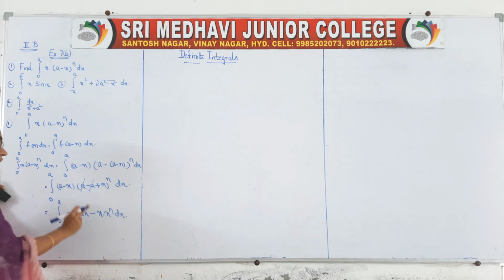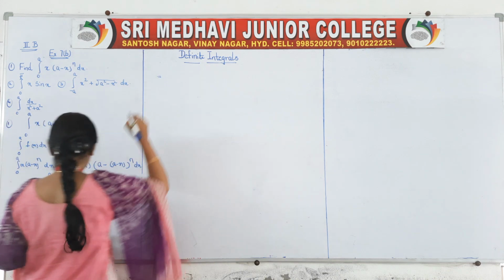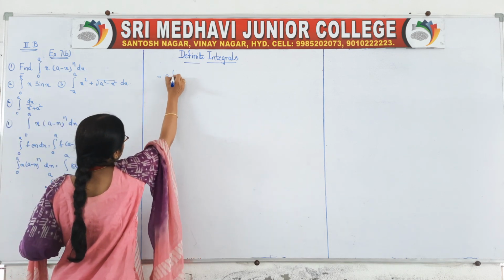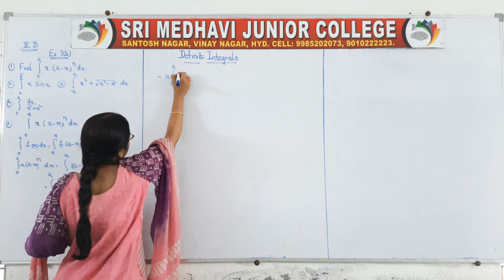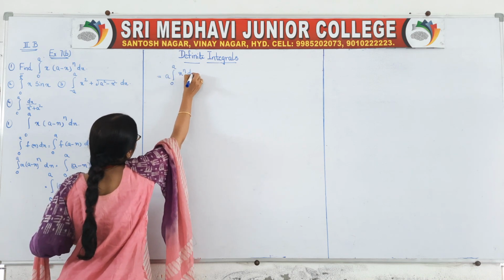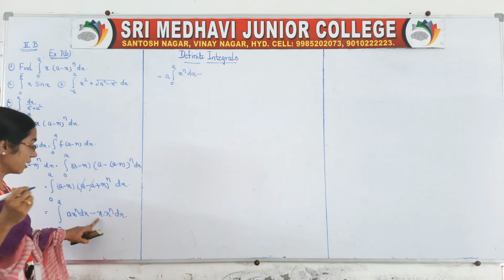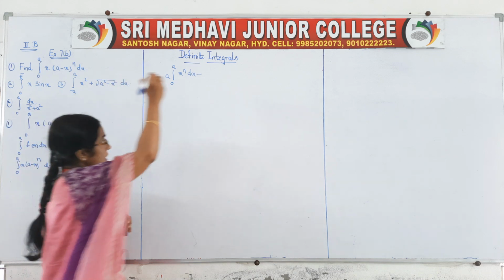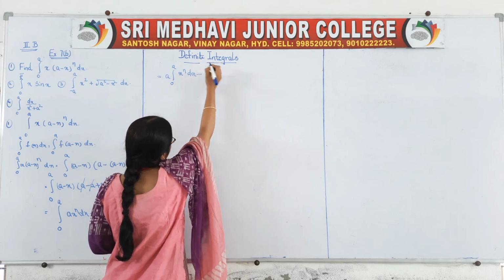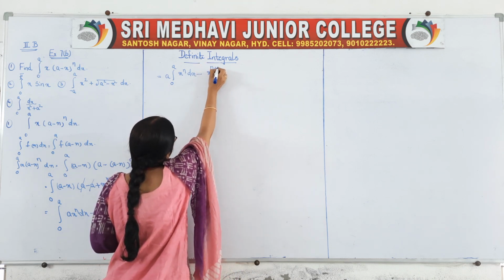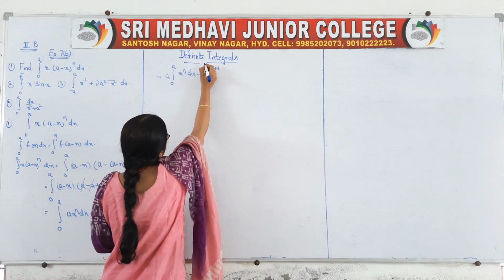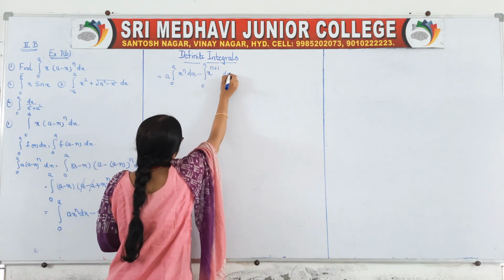Whenever we have plus or minus, we can take separate integrals, and since a is a constant, we will write it outside the integral: a times the integral from 0 to a of x to the power of n into dx minus, here no power is written, which means to the power of 1. In a product, if the bases are the same, the powers should be added, 1 plus n or n plus 1. This is the integral from 0 to a of dx.